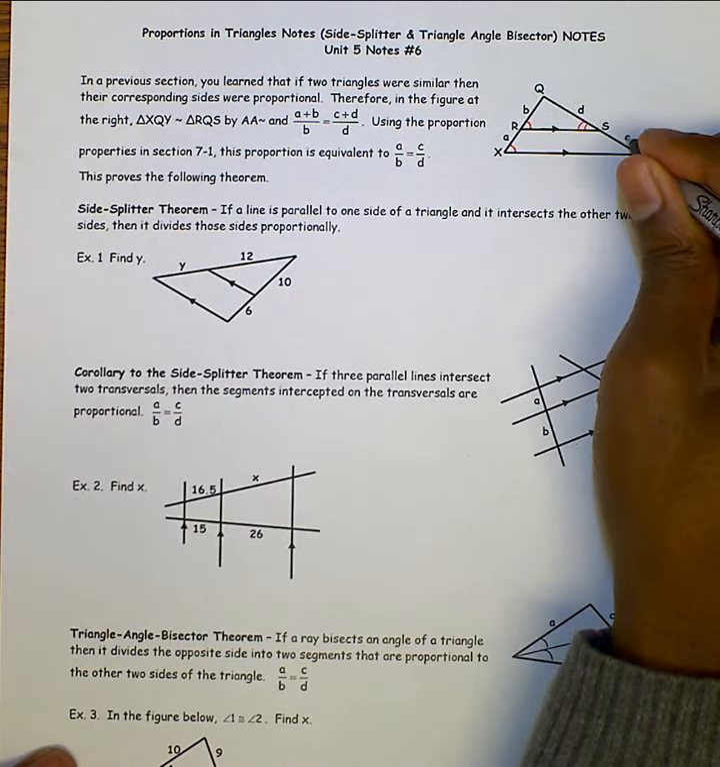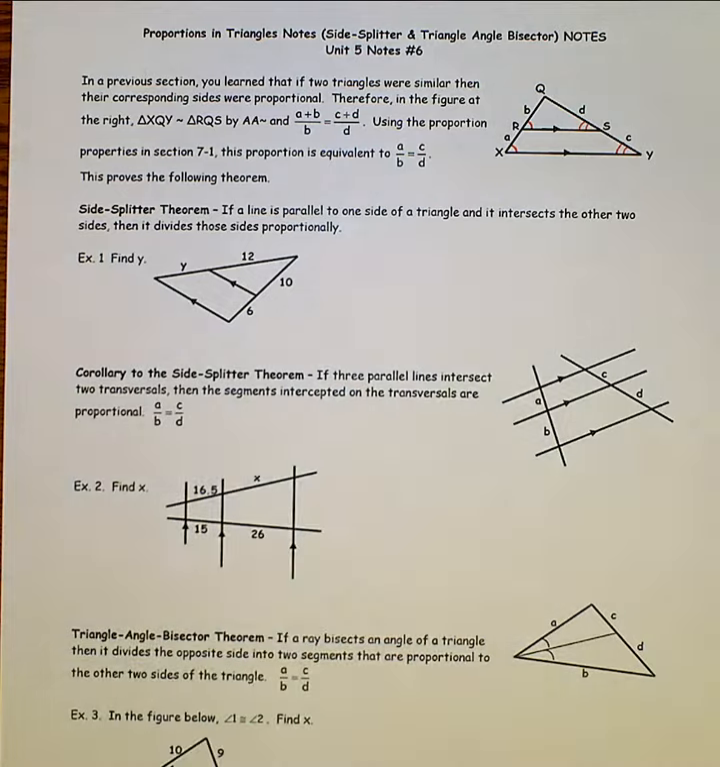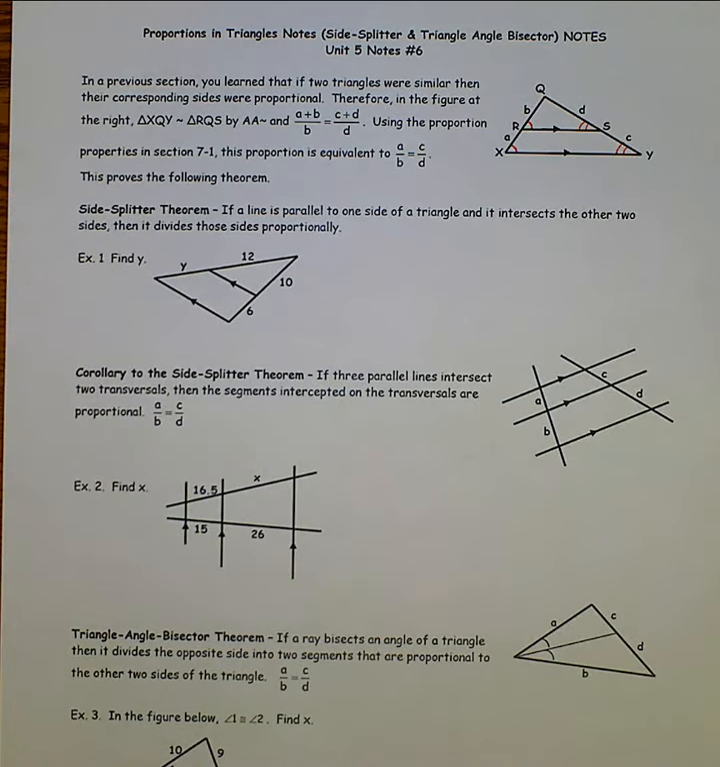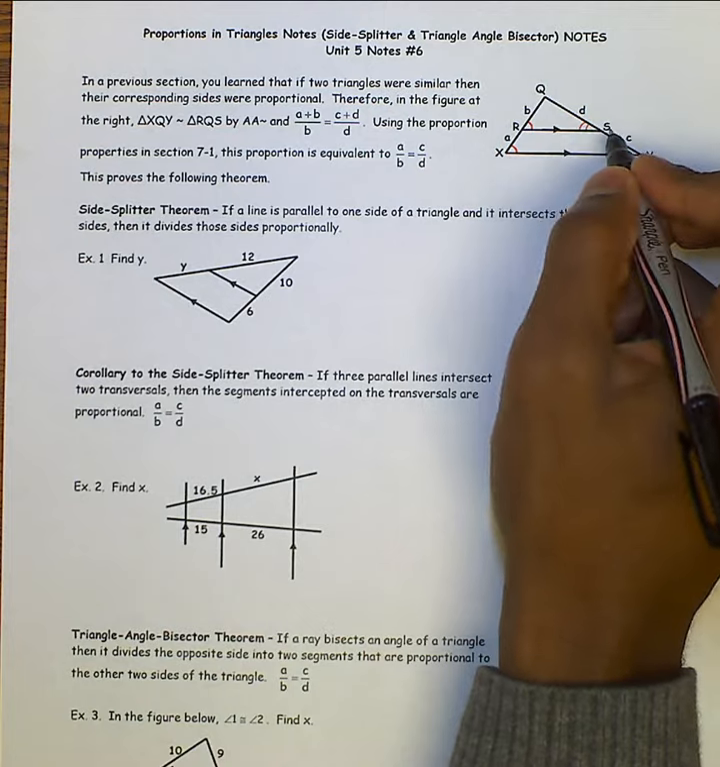Angle QSR and angle QYX are also corresponding angles. So by angle-angle similarity, I can tell you that triangle XQY is similar to triangle RQS. And so the proportion that we would use if we were trying to compare these two triangles, we would say that